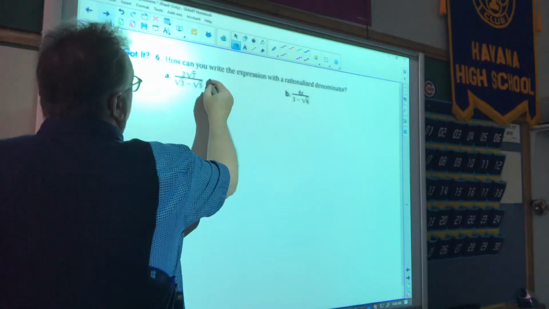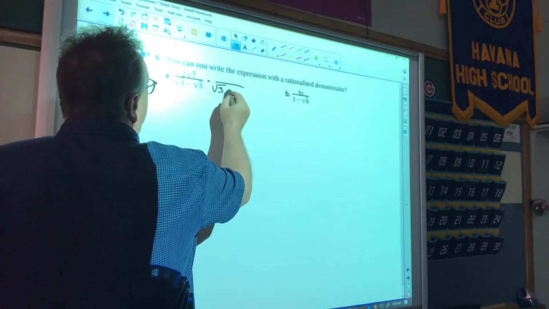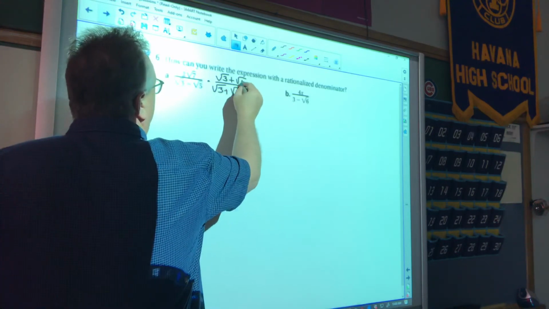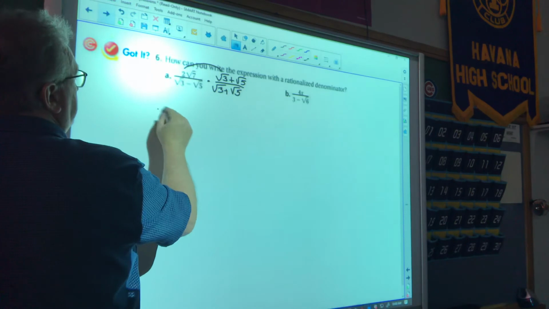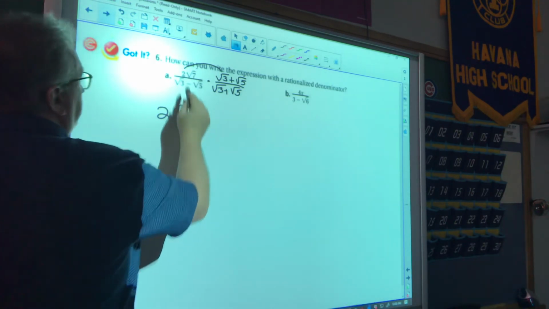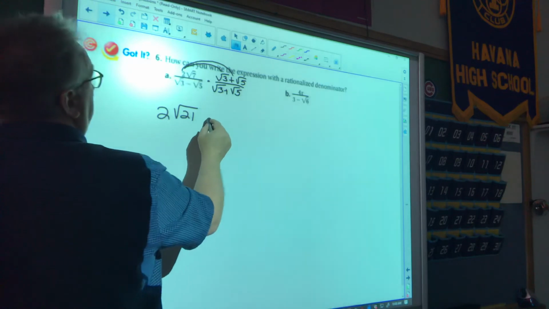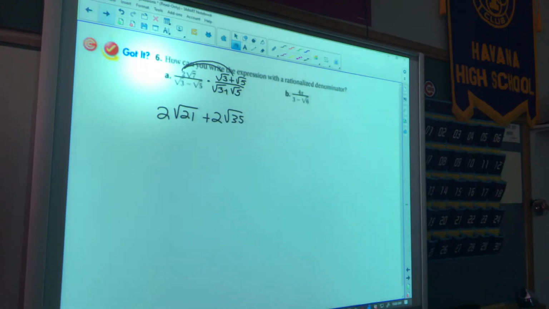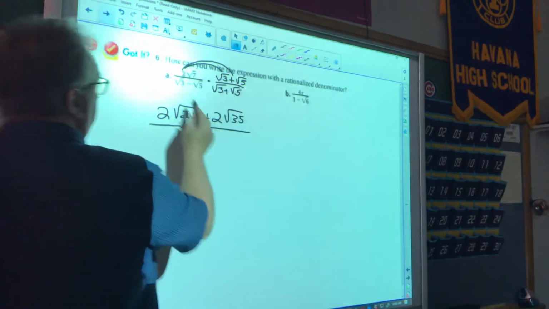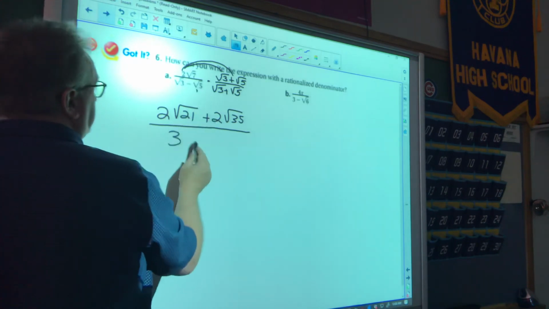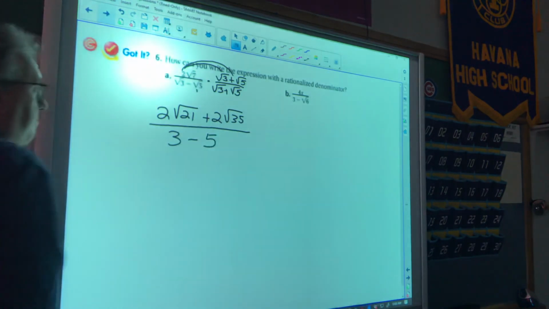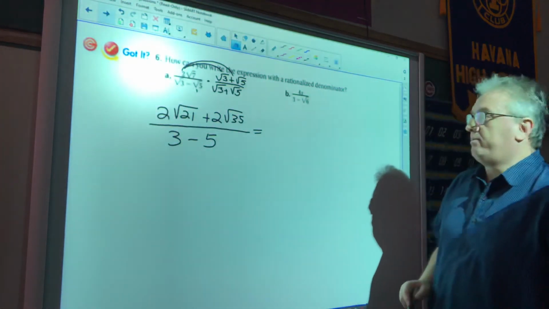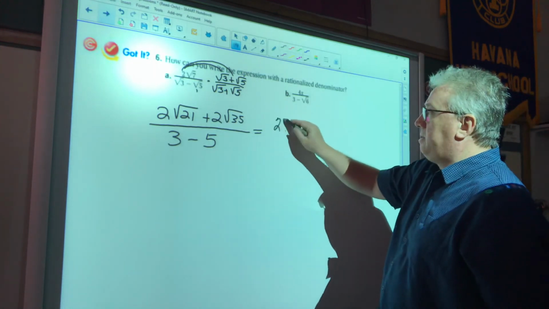Okay? So we're going to multiply here by square root of 3 plus square root of 5. Okay, multiply across. We get 2 square root of 21. Here we get 2 square root of 35. Okay, over square of the first term, 3, square of the next term, 5. Okay, I can see this one's going to cause some issues because of the negative. Okay, so if we simplify,